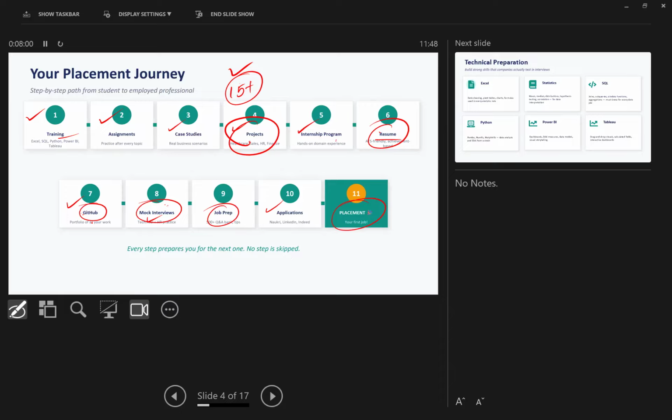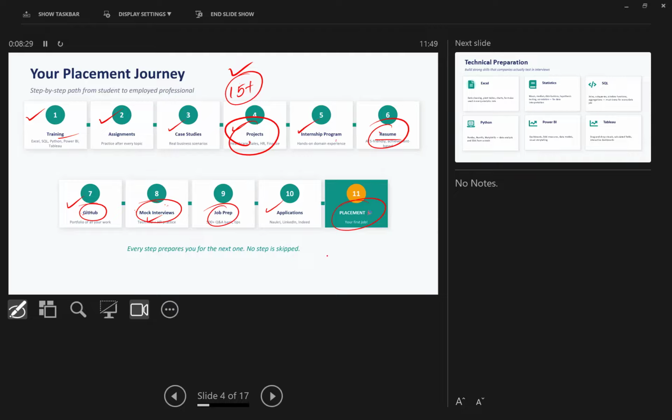We want you to dedicate a good amount of time, because even though I teach all these things and follow up on all of them, I need support from the student side also. If you want a placement, it's not only from our side or only from your side. It's a 50-50 partnership, I can consider. I can conduct a mock interview, but you need to come and attend it, right? I can't make you come and sit here. So that's the reason you need to follow these rules and the feedback that we are going to provide.